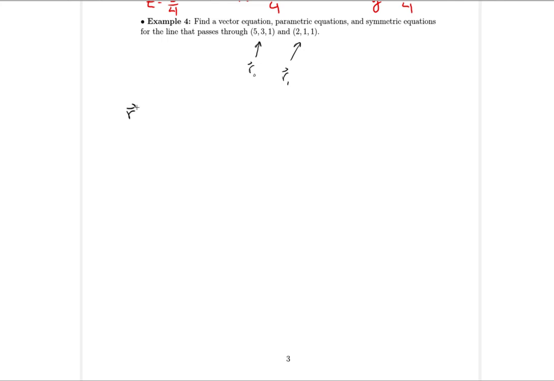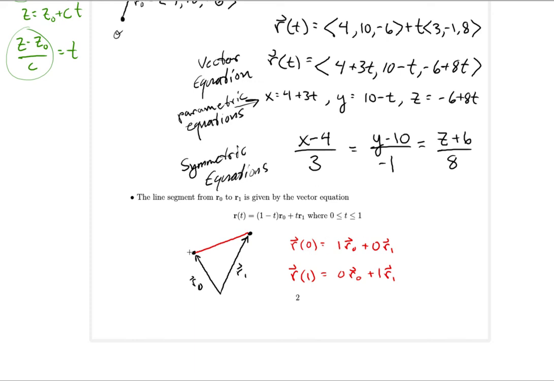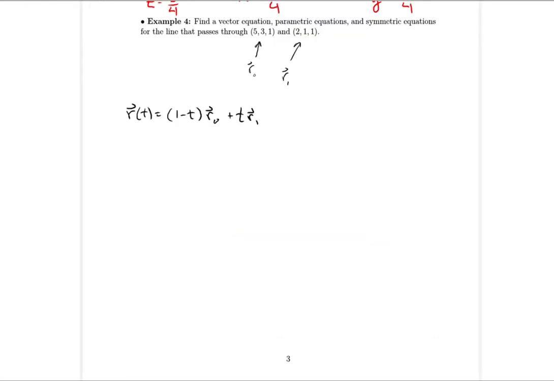And use this, right? R of t equals (1 minus t) times R0 plus t times R1. Now, on the previous slide, the thing that made it only go from R0 to R1 was because we only let t go from 0 to 1. But if we let t be whatever it wants, then we'll get a full line that goes wherever it wants. So here we're just not going to put that restriction on it, but we'll still use this same